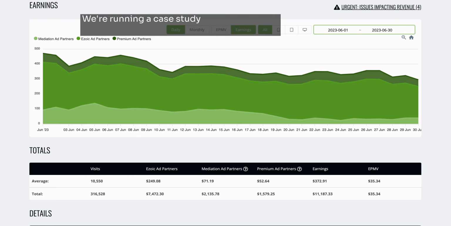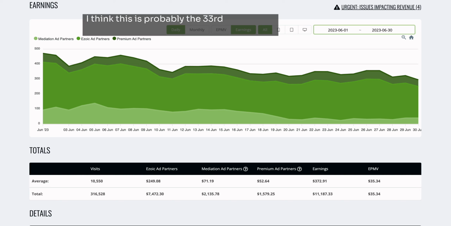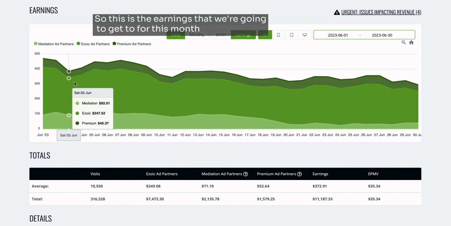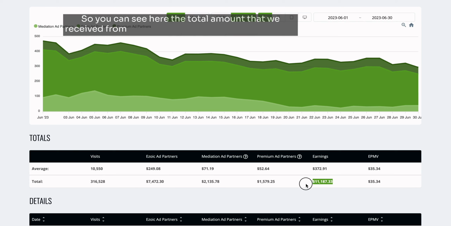We're running a case study around a website that we've been monetizing using Ezoic. We've been doing this for quite some time now. I think this is probably the 33rd month that we're doing a case study report on this site. So this is the earnings that we're going to get to for this month of June 2023. You can see here the total amount that we received from earnings from display ads was